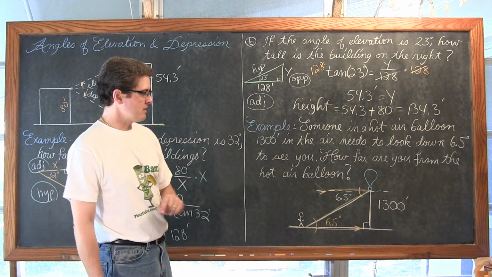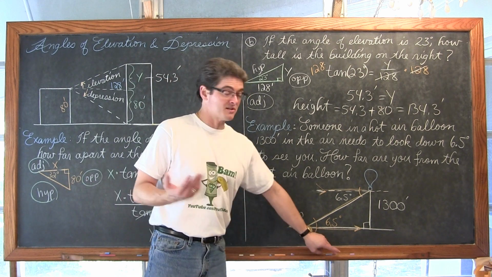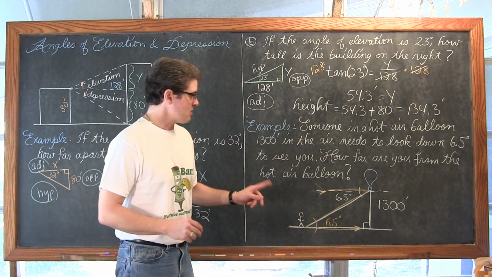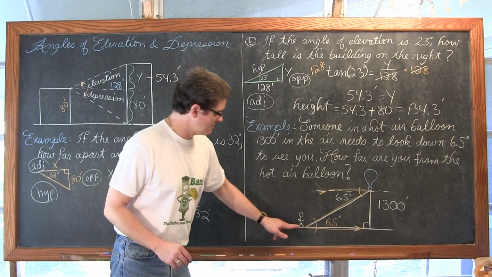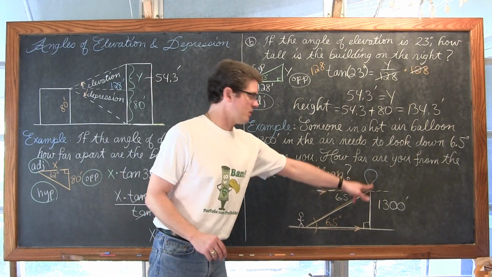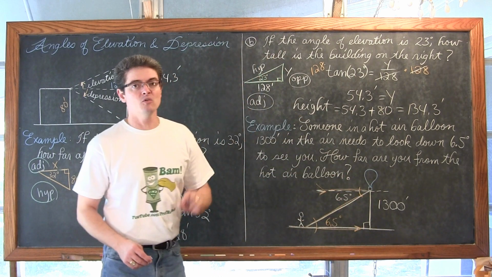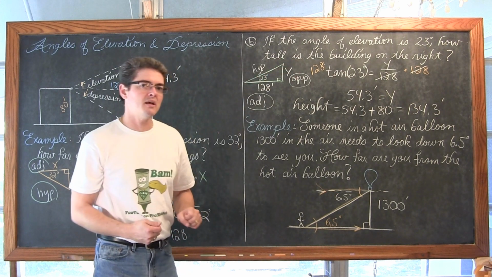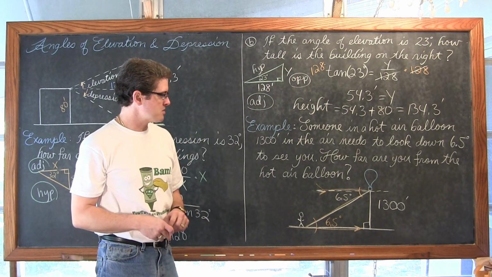That's a little bit vague on the wording, so let me clarify. I just don't want to use the tangent function again. I don't mean if you were to walk over, how far it would be to be directly underneath the balloon, but specifically, if you were to pull a string, how far are you away from that person in the hot air balloon?